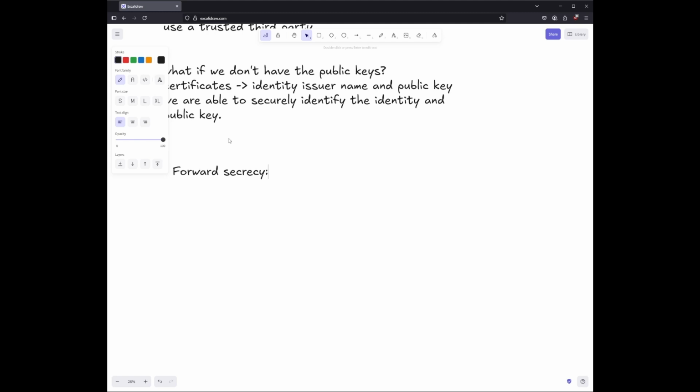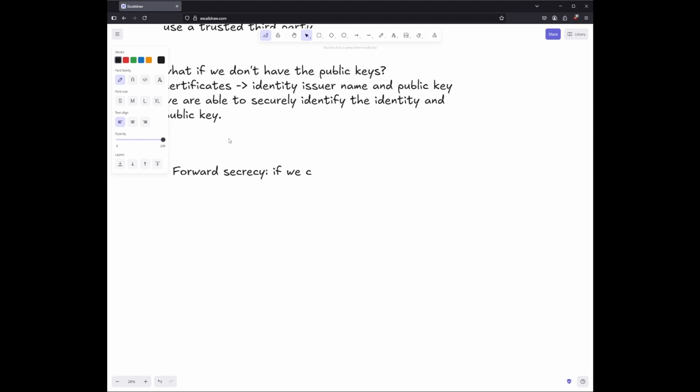Is it? Because if a key is compromised, the sessions wouldn't be safe, right? But yeah, it's to do with having a long-term key that isn't able to be taken,